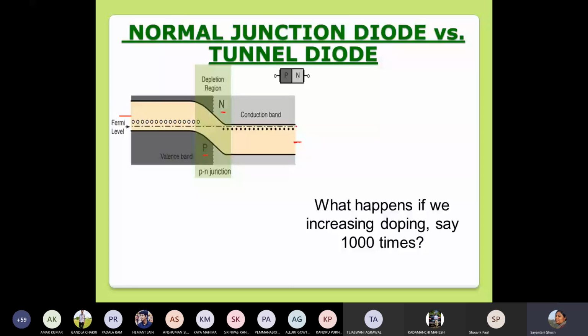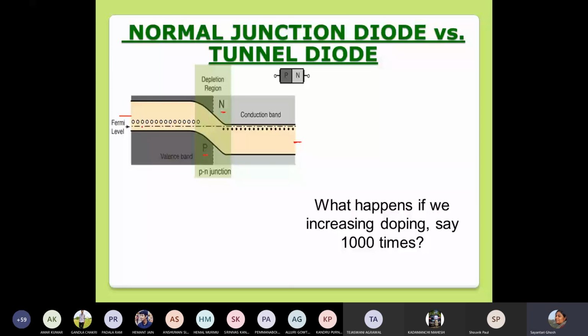You know the physics behind it from your discussions in the other class. So what happens if I make a PN junction? As soon as I make a PN junction, but I don't add any battery, the entire system is at equilibrium, right? The depletion region gets formed, and in an equilibrium system the Fermi level must be the same on both sides. So the Fermi level goes from one side to the other, unbroken, continuous.